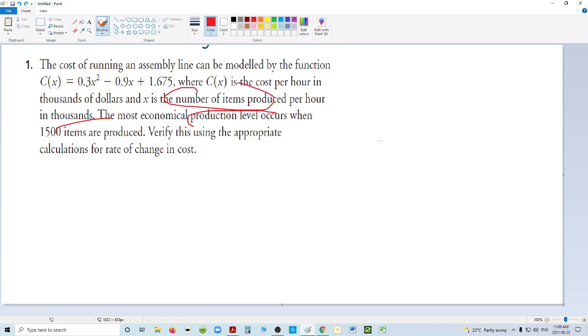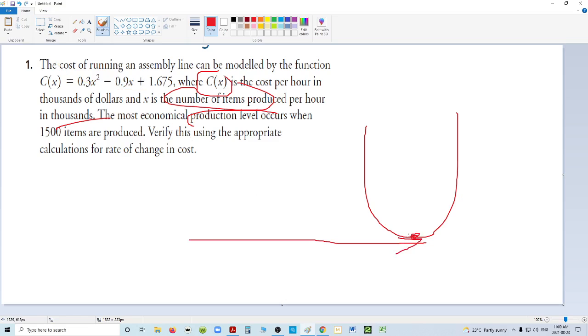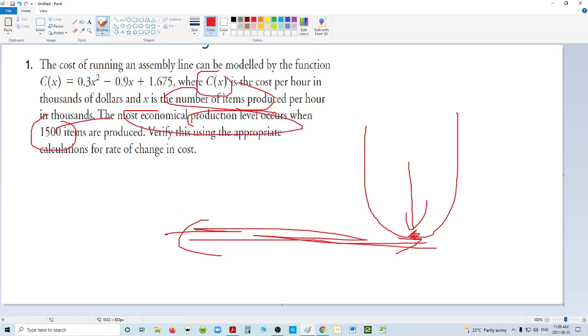Well, first of all, it's an upward-facing parabola. Cost efficiency, which is the cost of running, we're trying to get as low as possible, which means the minimum. So the question is: is 1,500 for x the minimum? First of all, yes, we could just complete the square and see if our x comes out as 1,500. Oh, actually, this is giving our 1,500 as our y, because they're saying the most economic production level, which is C of x, not x. They didn't say the number of items. Oh, no, they did. When 1,500 items are produced, so that's our x. So they're saying our x value of our vertex is going to be 1,500 because that's the lowest cost of production. Yes, I could complete the square and figure out the vertex, but